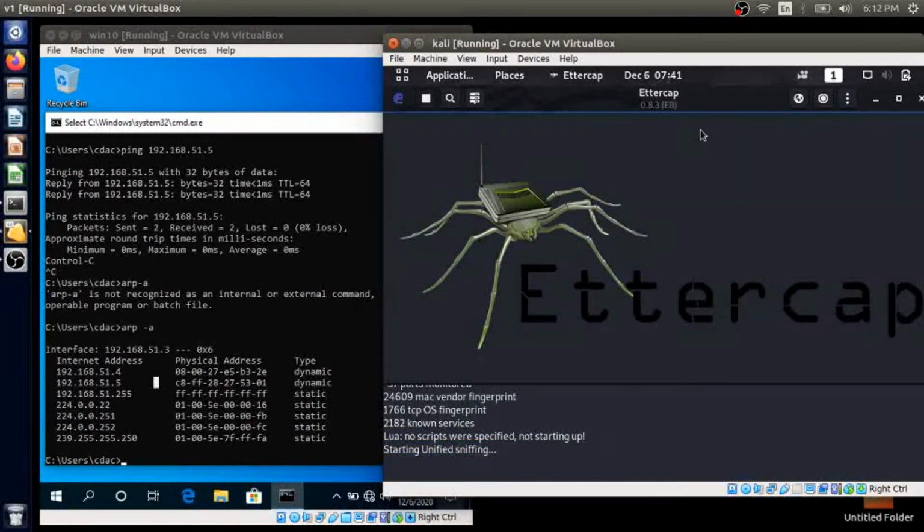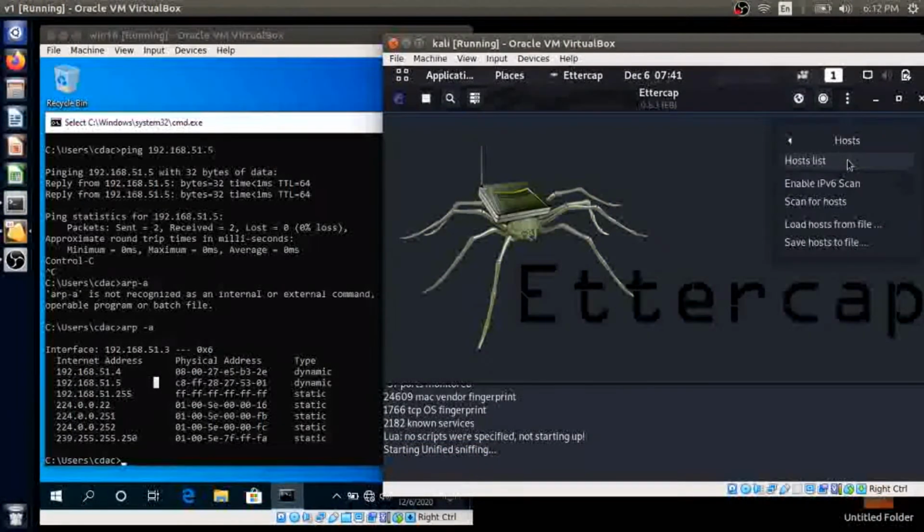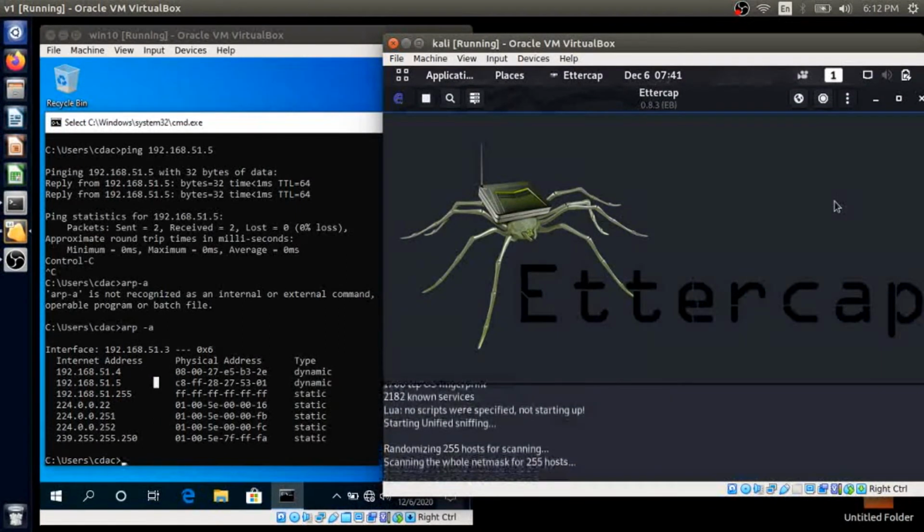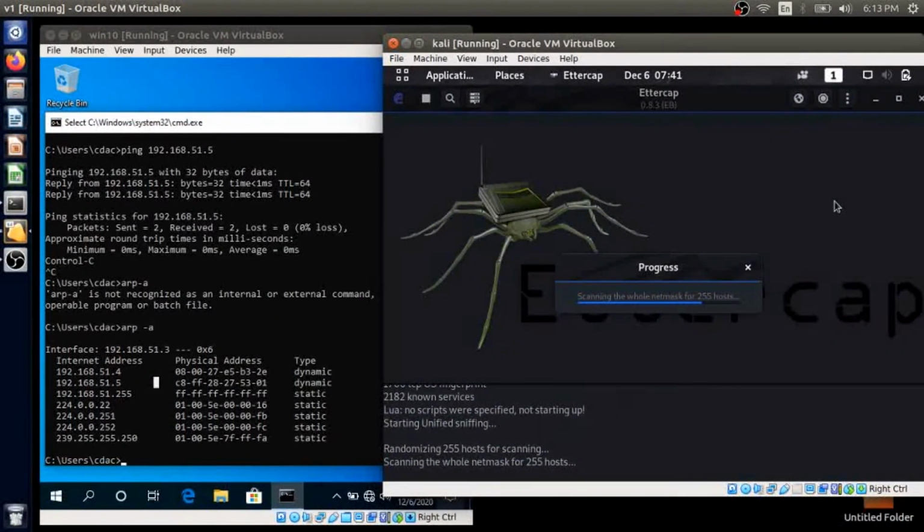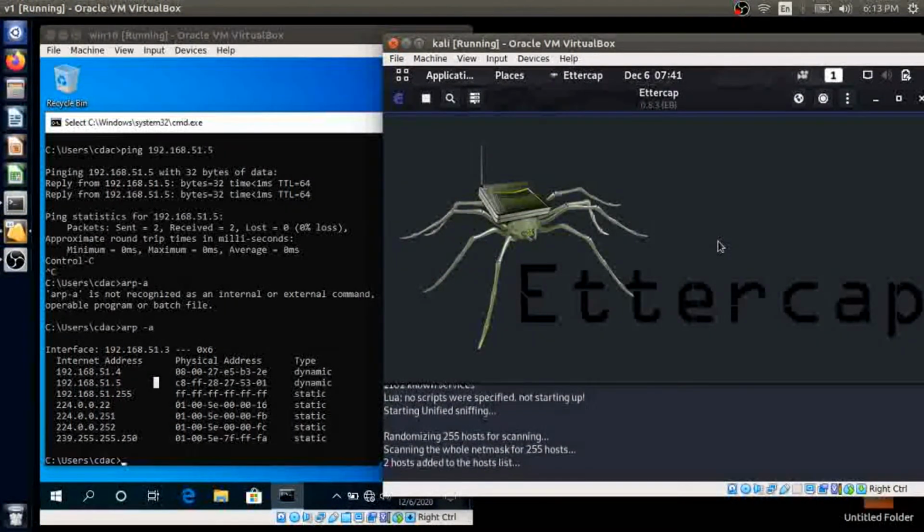Now it started. So first I need to scan the hosts that are present in this network. The attacker will scan to see which hosts are present and whether the machines are up or not. I found that two hosts are added in the host list, which means two hosts are up.